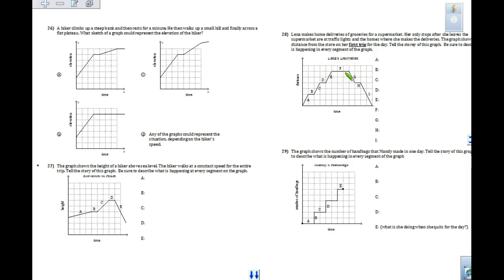So as you are finishing those, this one again is asking you to come up with the story, right? You're going to explain it. Here, you're coming up with the story from the graph. So make sure as you're doing the homework that you check your answers in the back. And if you have